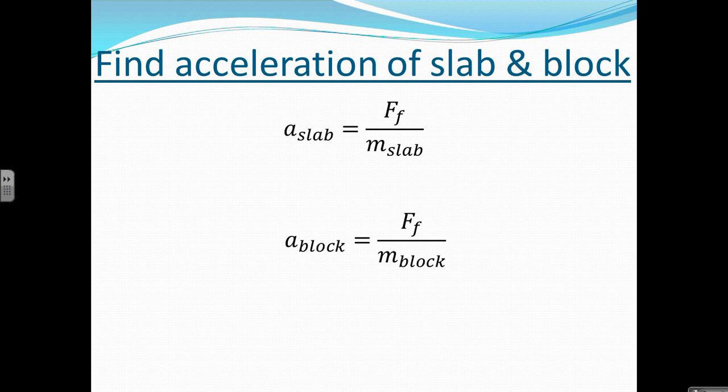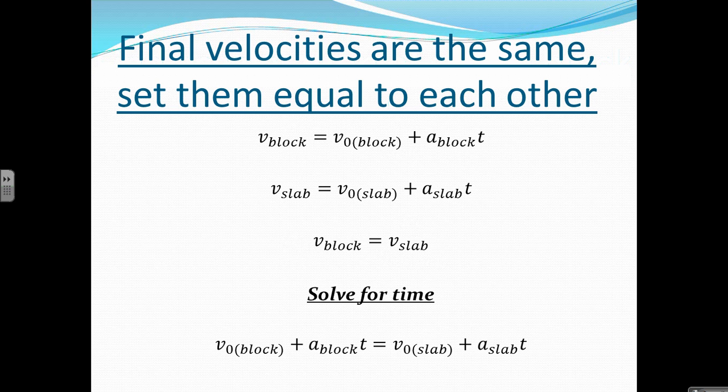Once we've found these two accelerations, we can start taking a look at the fact that the velocity of the block and the velocity of the slab ultimately obtain the same value. We can write equations relating the final velocities of both the block and the slab relative to their accelerations, their initial conditions, and time. Setting these two equal to each other,